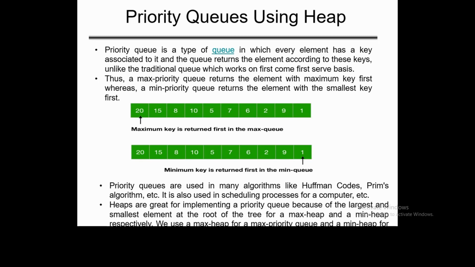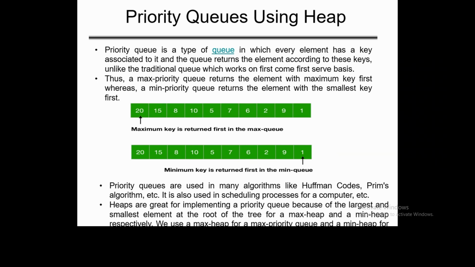Okay, so now let's see how we can use the heap in the priority queue. You all have studied the priority queue in data structures. It is a type of queue, but with some more properties as compared to a queue. In this priority queue, every element has a key associated with it, and the queue returns the element according to these keys. Suppose we think about priority scheduling, where the tasks are scheduled